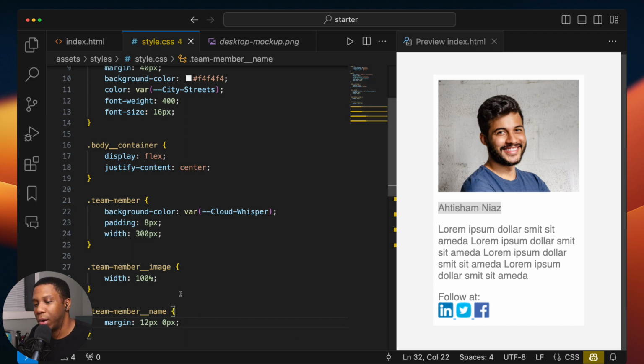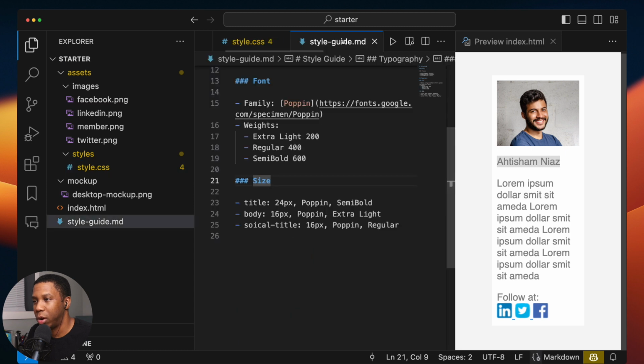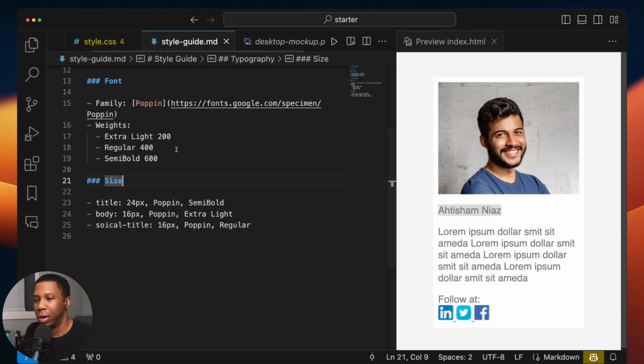So from there, since we did the margin between our name, let's head back to our style guide. And for now, let's just open up our style guide as another tab over here. And then we can actually close this back again. What we're going to see here is that we're going to need to set the font,